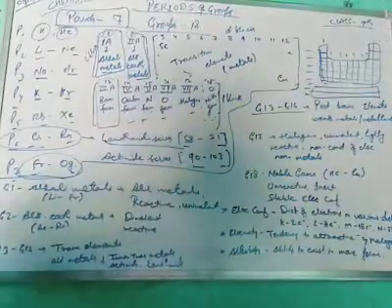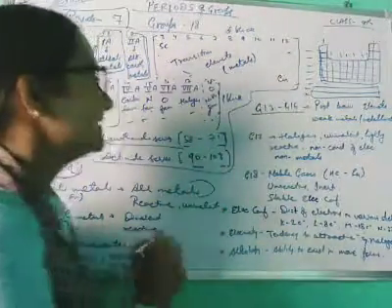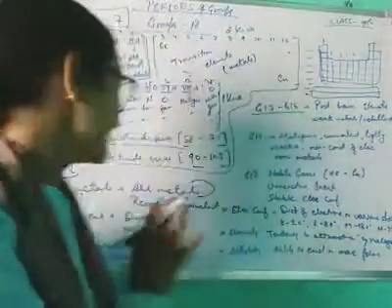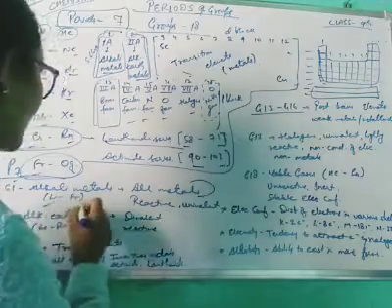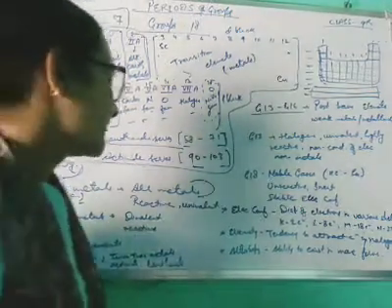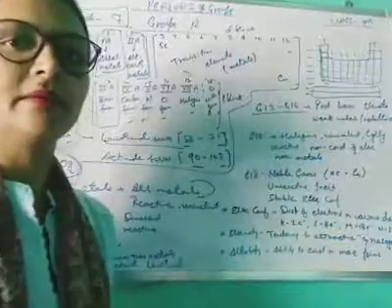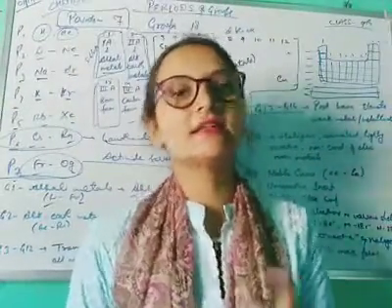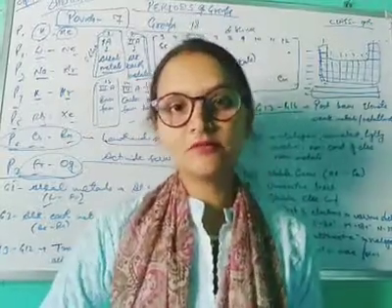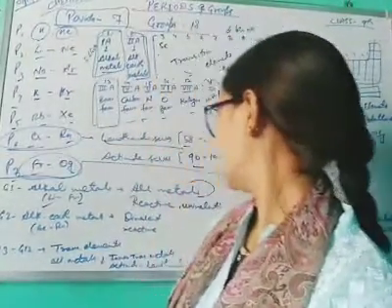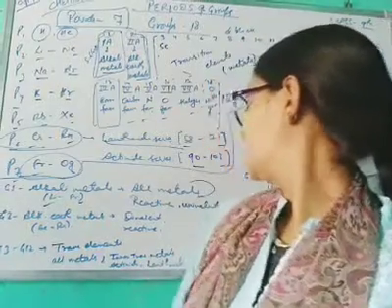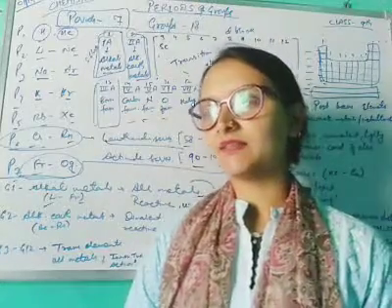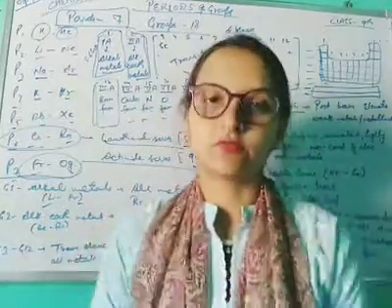See, alkali metals, all the elements in this group are metals, from lithium to francium. They are light metals and they have a valency of 1. They have +1 valency. That's why they are reactive also. And one more thing about them, they are reactive, they are univalent, and they are electropositive. Electropositive means they have a tendency to lose electrons.